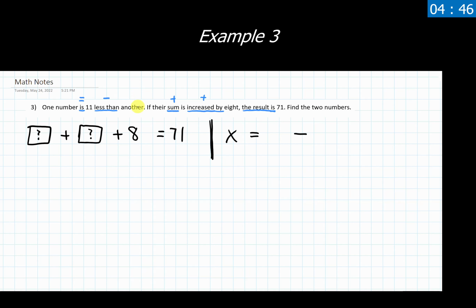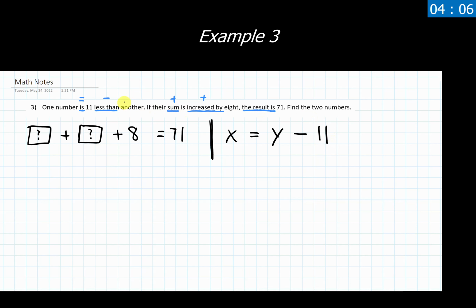So again, with subtraction, we need to determine what's the order that this is going to be written in. Is it going to be 11 minus a number, or is it going to be a number minus 11? We could think of this also in a different way of saying, am I taking 11 away from a number, or am I taking some number away from 11? Well, this is actually going to be the case where I'm taking 11 away from a number. So the way it's written in English versus the way it translates algebraically is reversed.